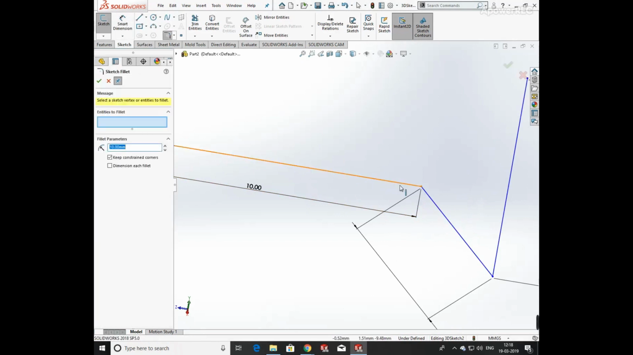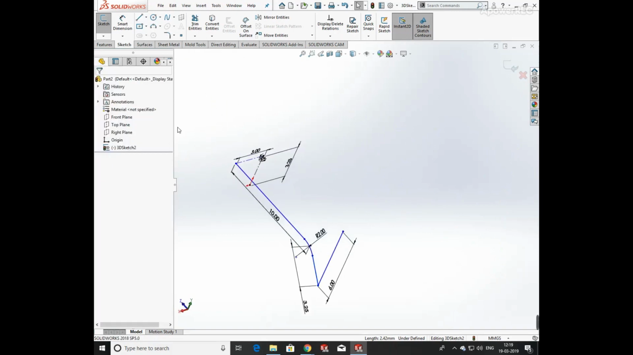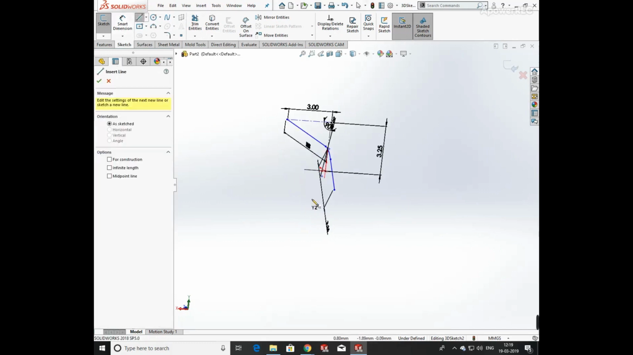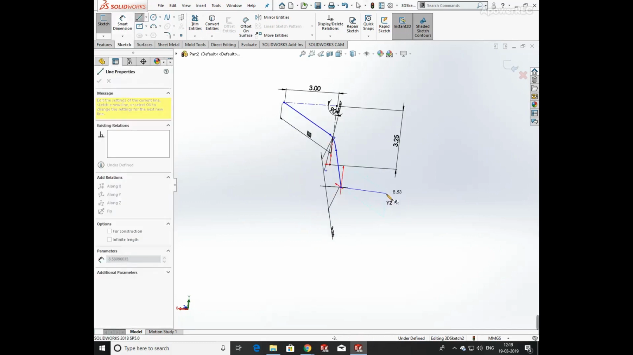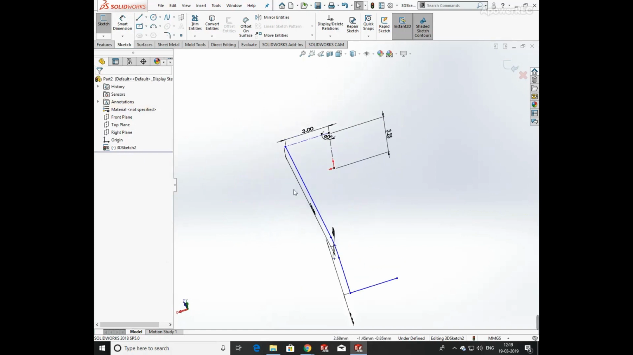Adding a fillet of 2 mm between the two lines. Enter value 2 mm and select both the lines. Draw a line again, by clicking on the point and keep it in a perpendicular position